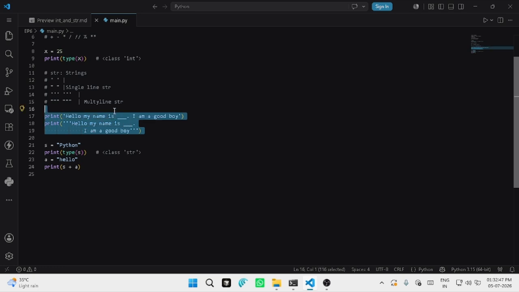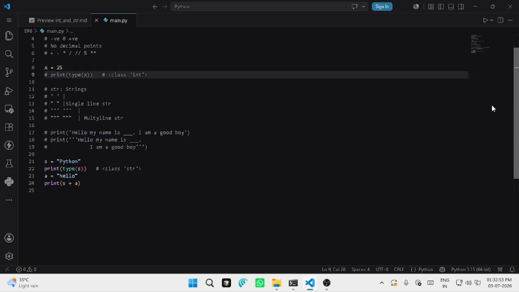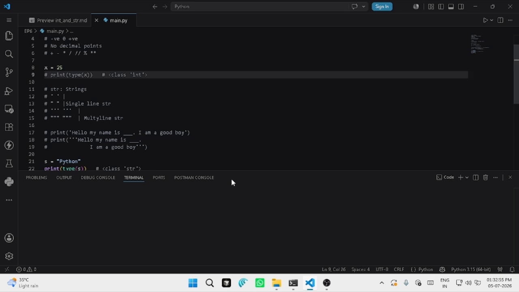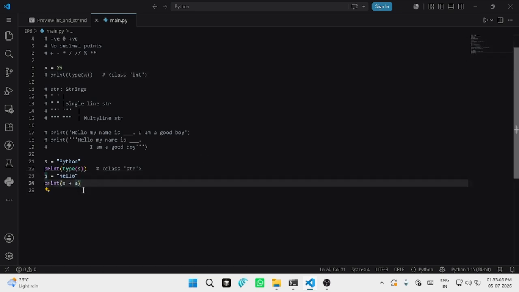What do you think will be displayed? Okay, we are adding strings, so Python just merged them. That's nice. And the other operator is